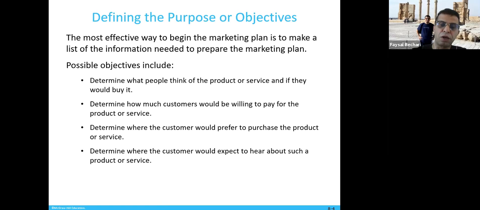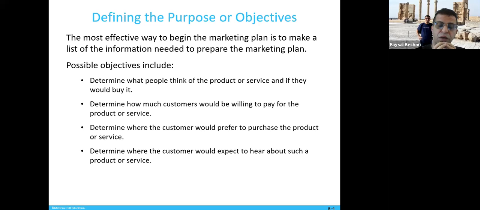They might think positively but not buy it, or think negatively and not buy it. Determine how much customers would be willing to pay for it,